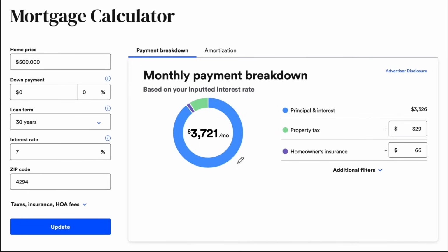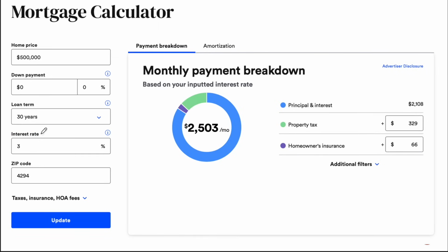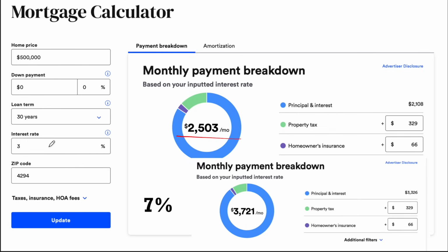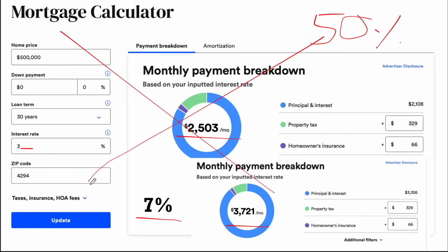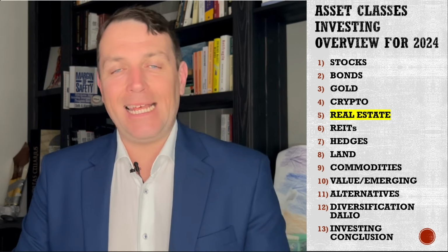But let me just show you the staggering cost of a mortgage. So let's take a $500,000 mortgage, an interest rate of 7%, and the cost is $3,721 per month. Now, just a year ago, if we compare things and we put an interest rate of 3%, it's about $2,500. Just compare that 3% and 7%, and home prices have appreciated by 50% if you want to buy it through a mortgage. That is insane, very expensive, too expensive,